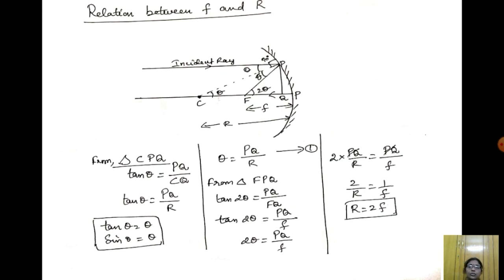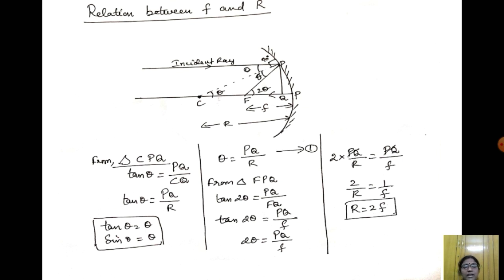So now we are going to find out the relation between the focal length and the radius of curvature. This is a very important relation. For that we have to consider a concave mirror. Let C be the center of curvature of this concave mirror, and let us consider an incident ray made to fall on the reflecting surface of the concave mirror. Since it is very close to the principal axis, this incident ray will be focused at the point F.